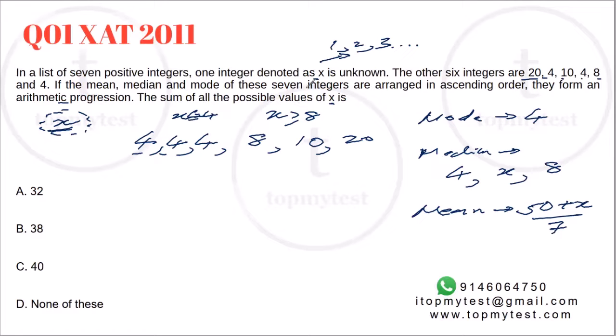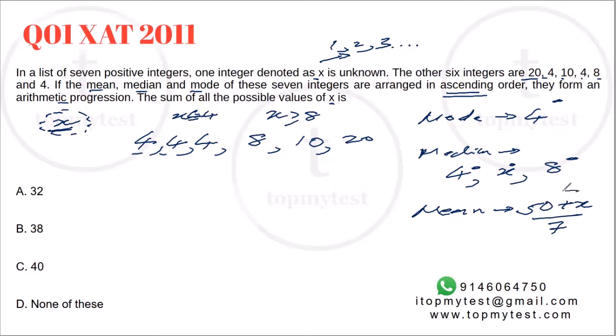Now, given that the statement says that mean, median, and mode, when arranged in ascending order, form an arithmetic progression, mean, median, and mode, if you arrange it either in ascending or descending order, has to be an arithmetic progression. Now, mode is a natural number, 4. Median also will be a natural number, 4, x, or 8. X is also a natural number, a positive integer. So the only way to balance this relationship would be when mean is also a natural number. If this is 4 and this is 6, this can be 8. If this is 4, this is 7, this can be 10. If this is 4, this is 8, this will be 12. There are multiple scenarios which are possible depending on what the value of x actually is.